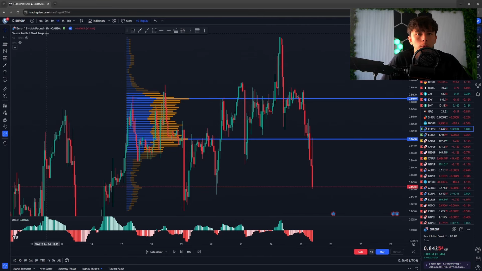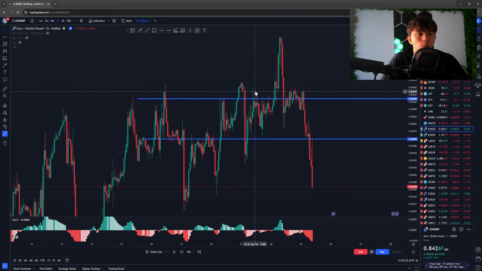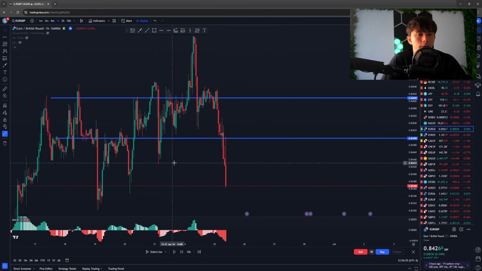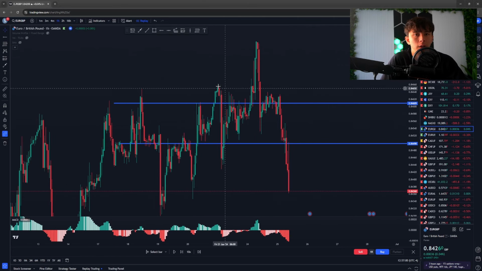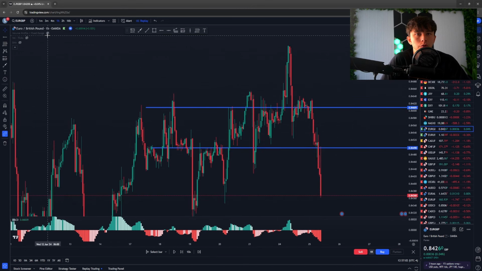So if I go ahead for a minute and even just take off the volume profile, as we can see, we've marked out these horizontal lines, and this shows us that there's a lot of volume in this and a lot of volume in this. And I'm going to go over that in a minute, but first we're going to show you how to add